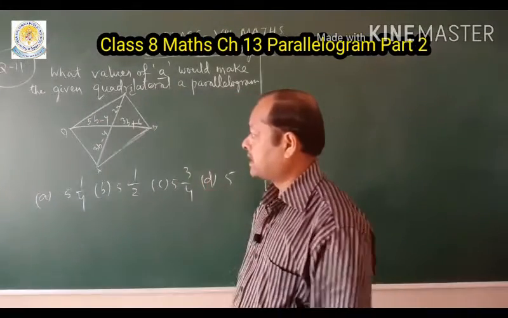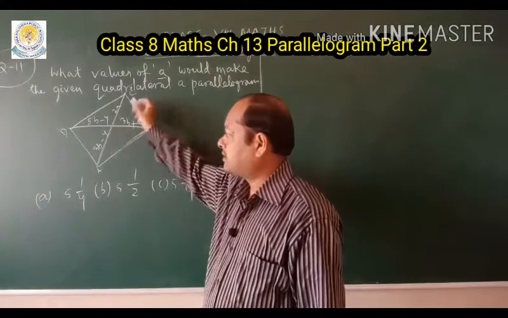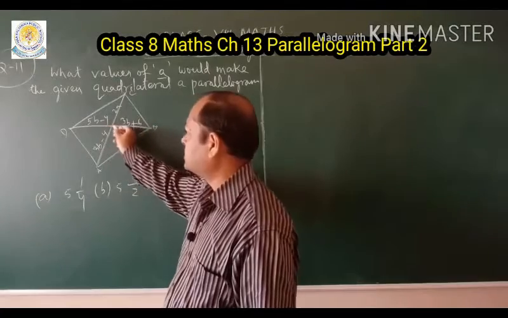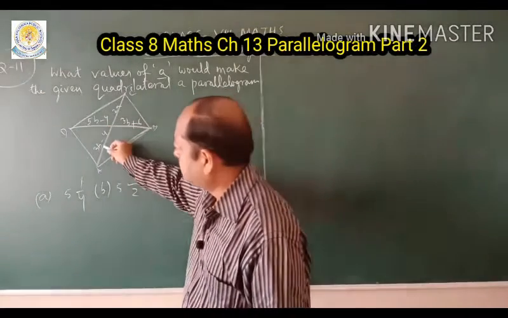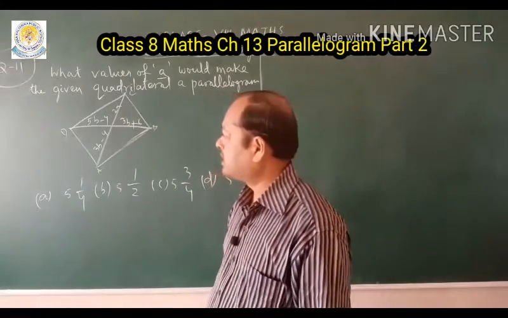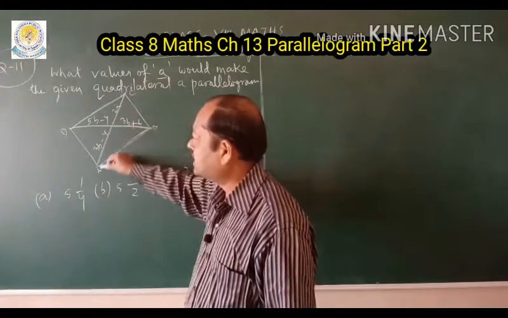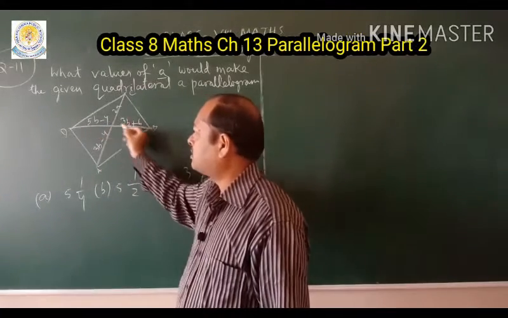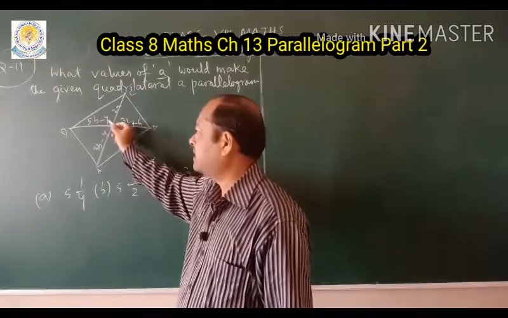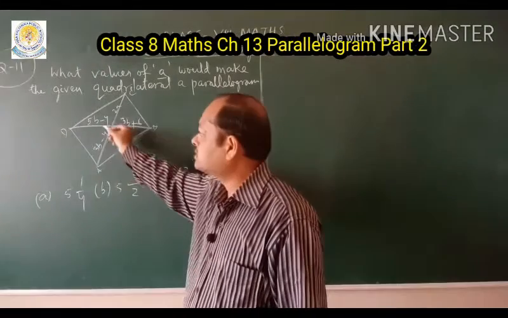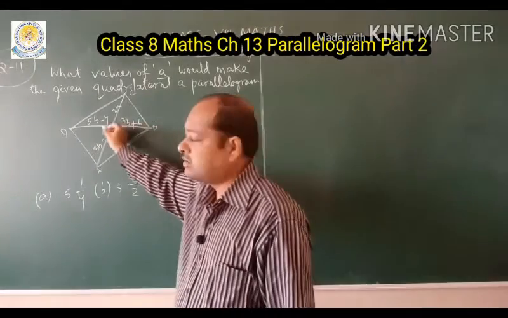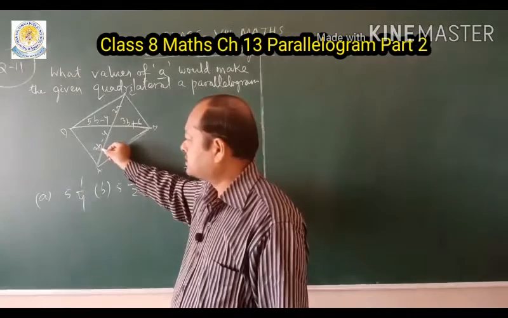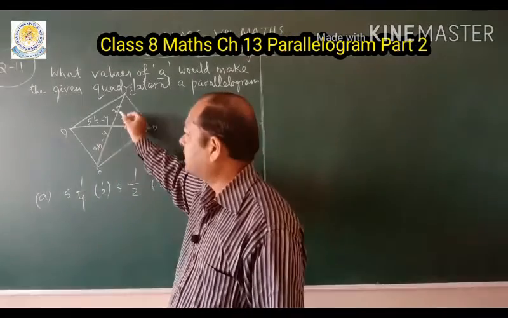What is the property of diagonals? In a parallelogram, they bisect each other. Bisect each other means 5b minus 4 is equal to 3b plus 6, and 3b minus 4 is equal to 2a. Here 2a is present in the AC diagonal, but in the DB diagonal all the quantities are in b. First we have to solve this diagonal and find the value of b. Then we put the value of b in the 3b minus 4 term, and we will get the value of a.